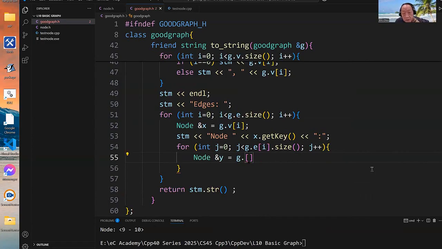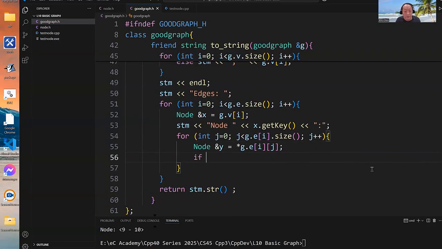Okay, you are going to get the node, so you are going to get the i's j element party, which will be assigned to y, okay,